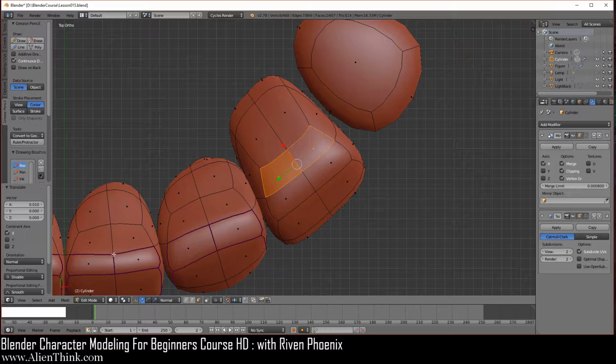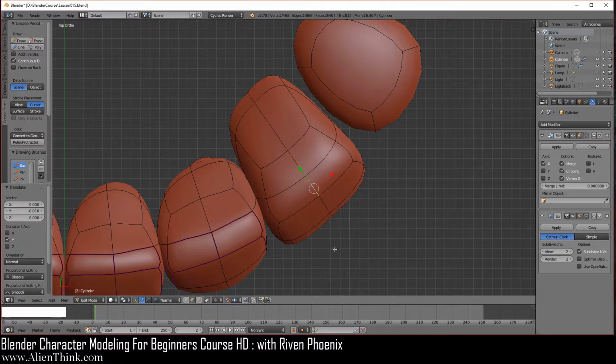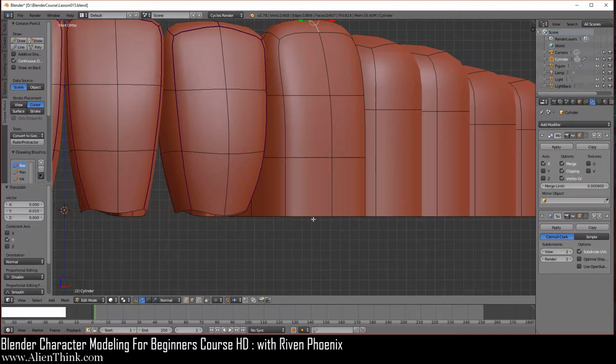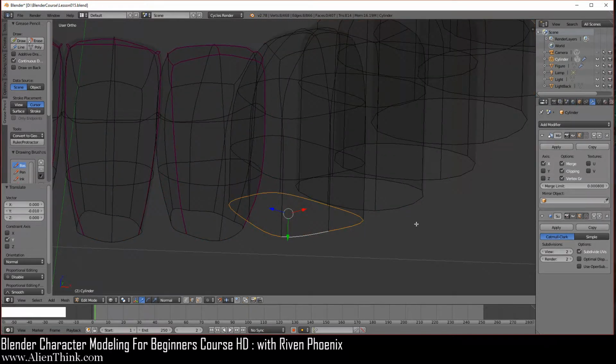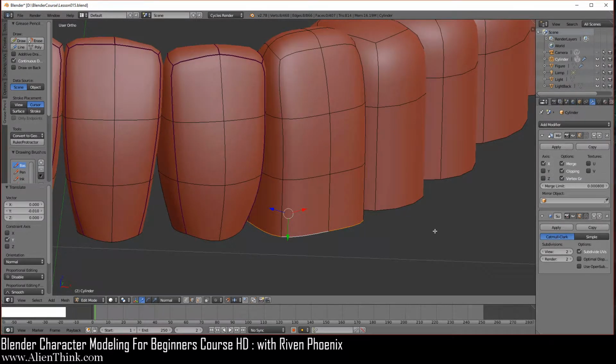Now, as we did on this edge, we're going to click on the edge select mode. Click on this edge. Since we have the normals on, we're just going to click on this green arrow and make that into a curve. So might as well just do this like this, so it'll just curve in. So go to the front view, and what you want to do is just rotate, and do Alt and right click this one. So if I do Z, I'm selecting the bottom. I'm just going to press the S key to scale and do 1, 2, and then 3.